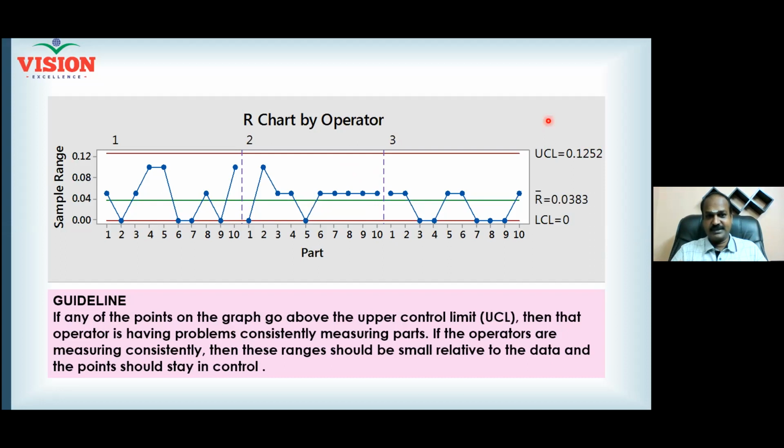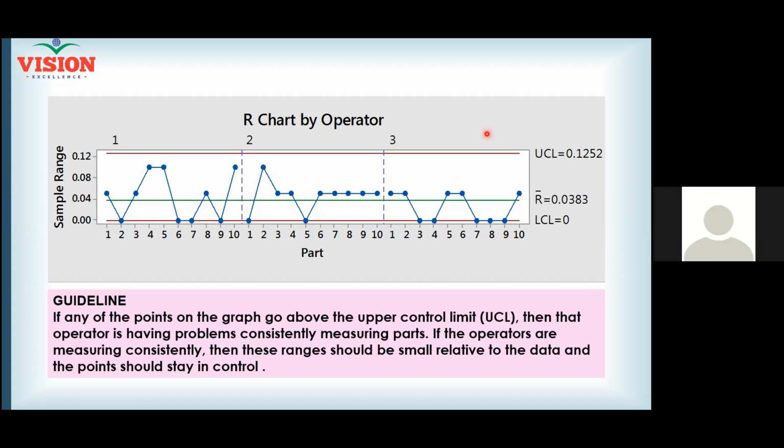All of you are with me on this? 80 is a good mark. If somebody scores 75, I will still classify those who are scoring less than 80 as less attentive during the training program. They are simply logging into the meeting, but they are not listening to us. Is that clear? But generally people believe those who are failing are not attentive. But I'm saying that those scoring less than 80 are not attentive. So basically these kinds of rules you can generate. These rules will finally become a control plan for the entire organization, which we will be teaching you in the control phase. Is that clear how to use the R chart, all of you?